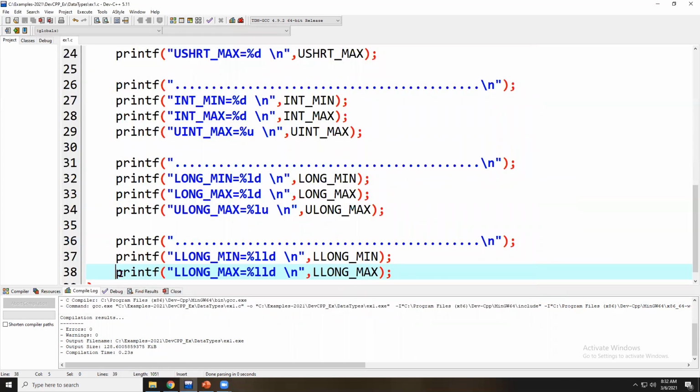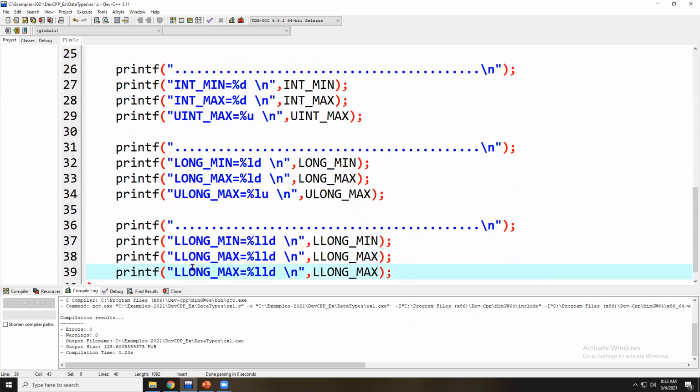The last value is the unsigned long long max value I want to print. How to print? Just write ULLONG_MAX. How to represent it? It is %llu. Instead of d, we write %llu for the unsigned long long integer.